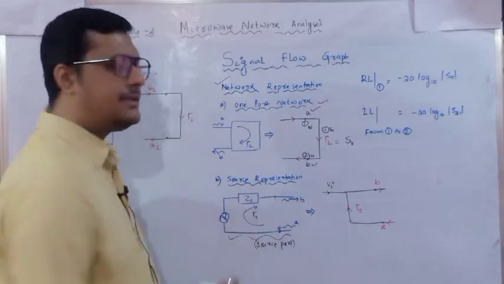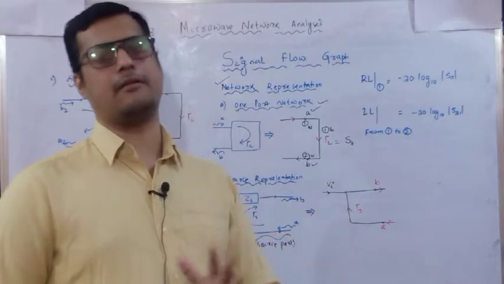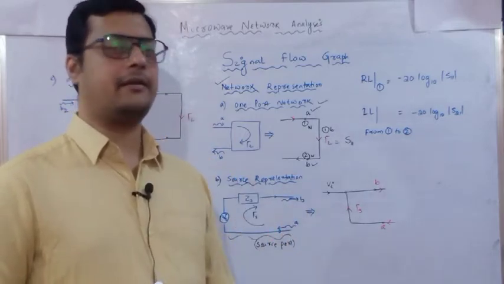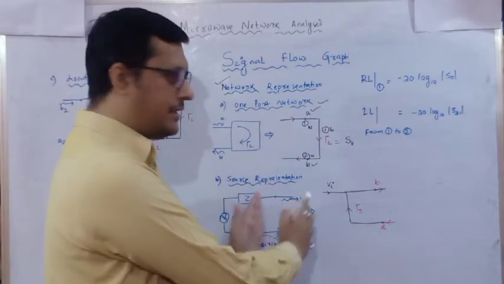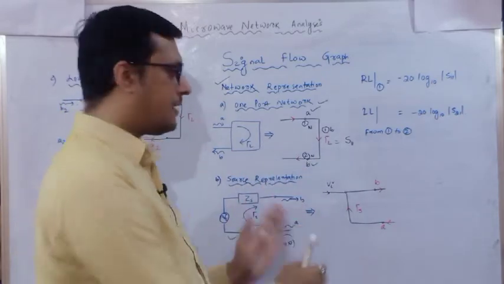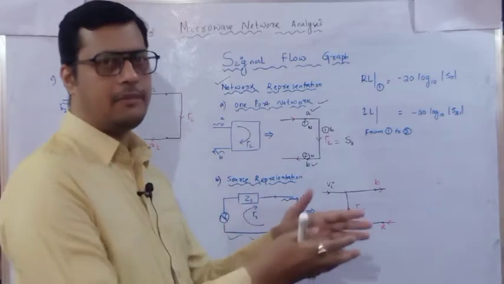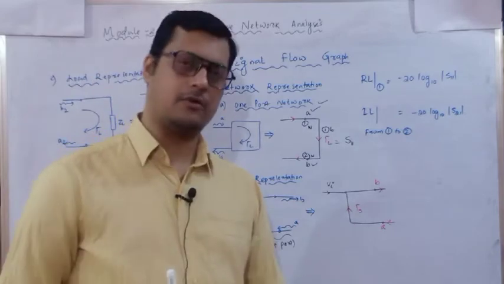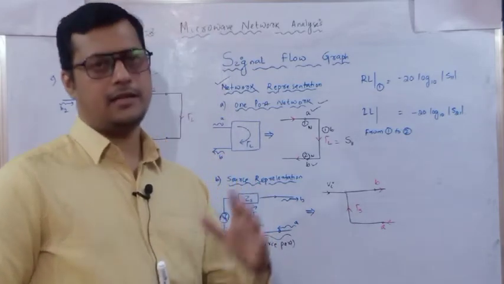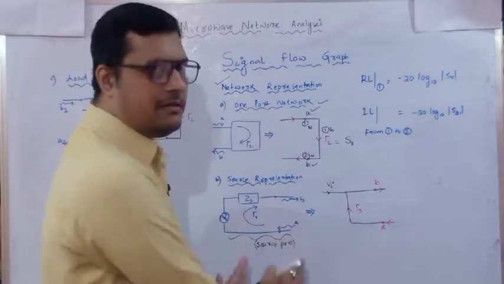Now when this is the source part, what will be my incident wave, and what will be my reflected wave? If I remove that particular device which I am going to deliver to, the device will be connected here so that the source can feed power to that device, whether it is a two port network or a single port network, depending upon the given configuration. So this source part is available here.